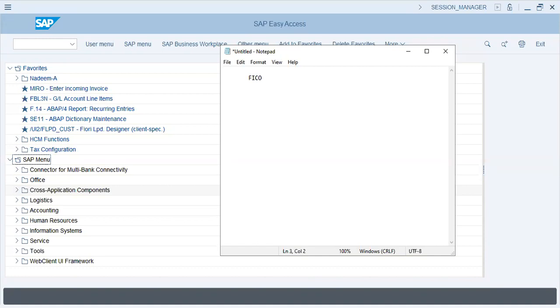Okay. Now, what we are going to cover in FICO will be first in finance. In finance, we will be covering a lot about chart of accounts, ledgers, company, company code, controlling area, and controlling area will mean profit centers, and product cost controlling,